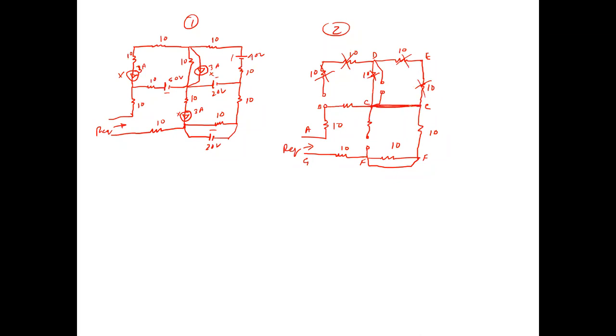Okay, so this B, C, this point to this point, and now this not work because this is the short point. Okay, so this your current flow, this is the circuit,